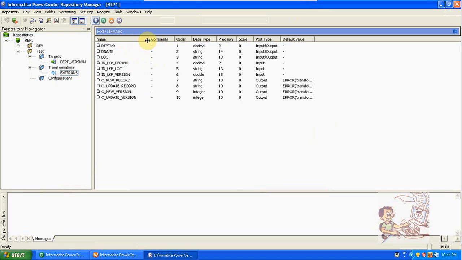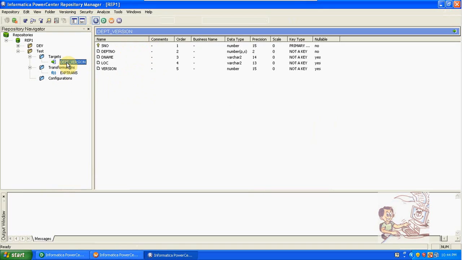These are the transformation columns we used. Here it will also display the columns we have, with the primary key and everything. If the mapping is fine, then you will get each and every object in the test folder: sources, targets, workflows, everything. We have some issues in that, that's why we got only the target and transformation. So like this we can import and export objects from one repository to another repository,